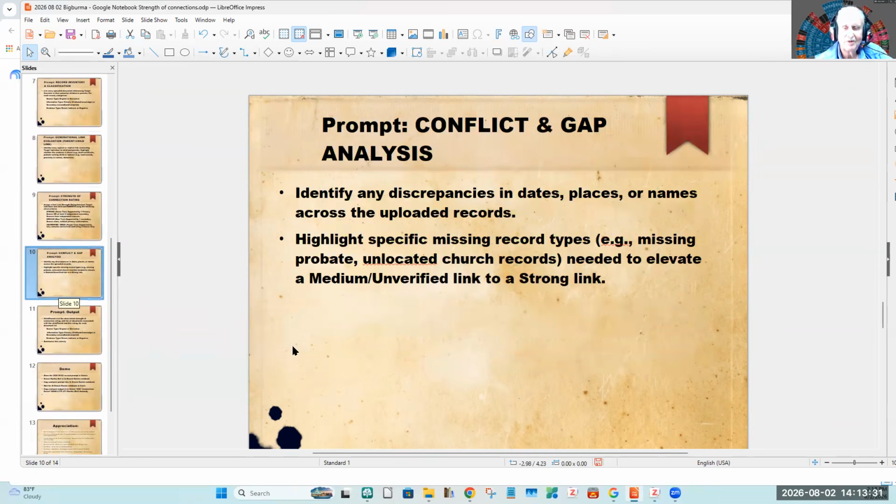I'll still go down rabbit holes, but there are conflict and gap analysis. Identify any discrepancies in dates, places, names across the uploaded records. Highlight specific missing record types: missing probate, unlocated church records. Need to evaluate moving a medium verified link to a strong link. So I can move from medium, or from just a guess on it.